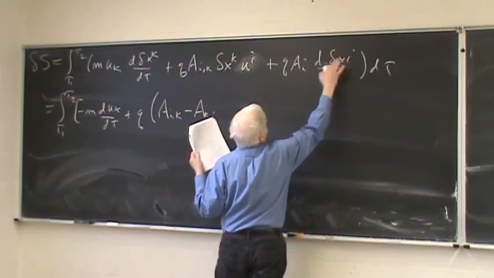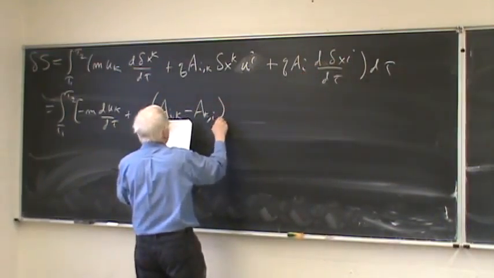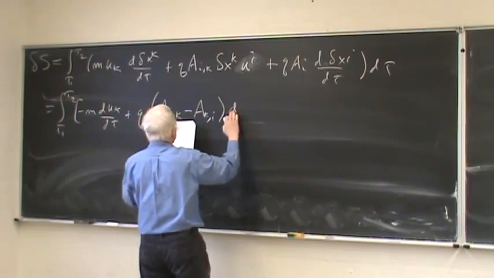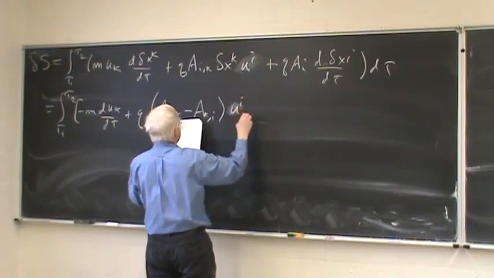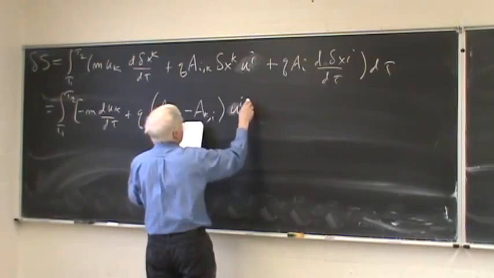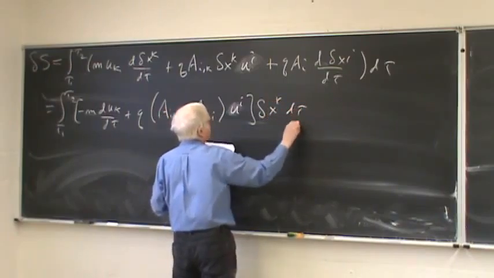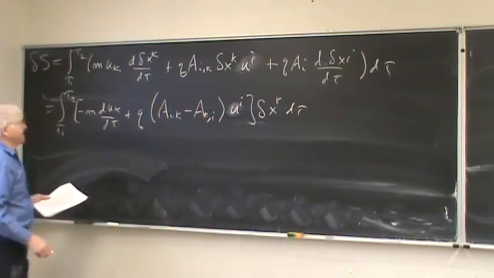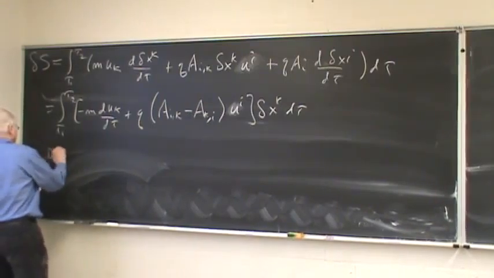Yeah, I made this a k. dx^i/dτ, well that is just u^i. And then we have dx^k/dτ. Okay, so this thing in the square brackets has to vanish, and we get as our equation of motion